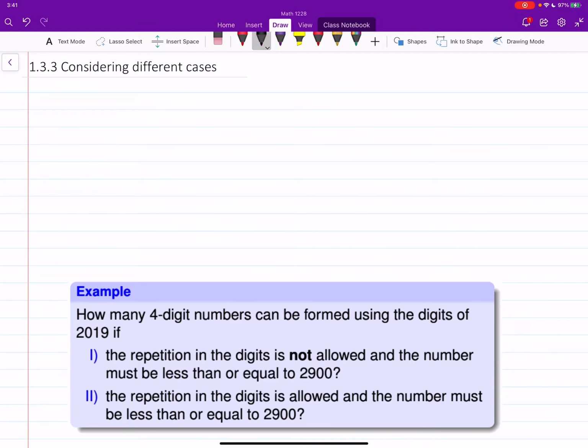So sometimes, to apply the fundamental counting principle, we need to separate, define, or consider different